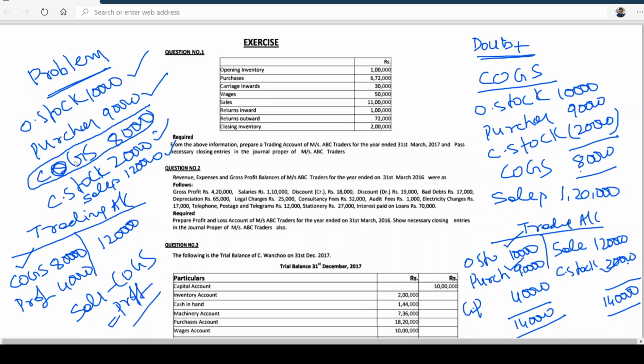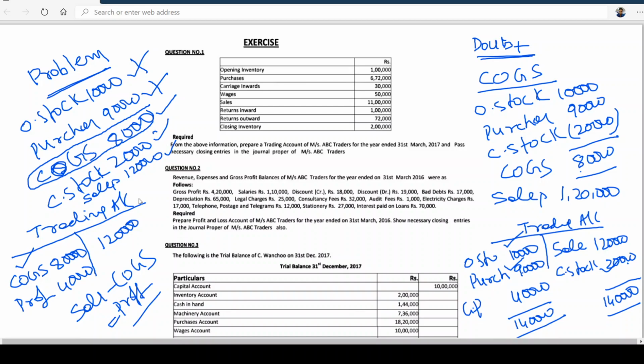Generally, when cost of goods sold is given, opening stock is to be ignored, purchase is to be ignored. Now, how to remember in the examination, sir? In the examination, generally, when cost of goods sold is given, they won't be giving you the information of opening stock or purchases. They will be giving information of cost of goods sold, closing stock and sales. Then in such case, closing stock is to be taken to balance sheet. Cost of goods sold and sales are to be taken to trading account.